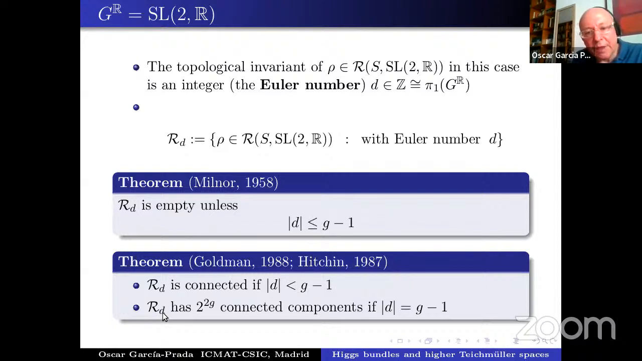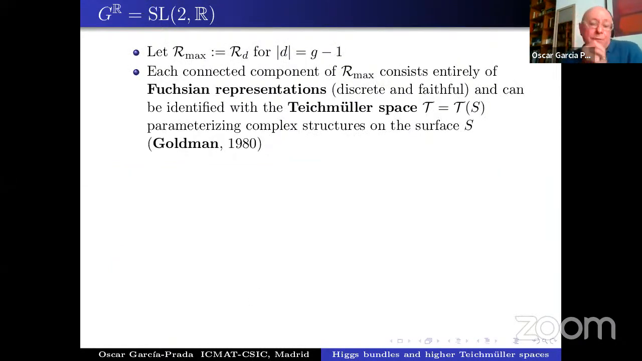And they showed that in fact R_D has 2^(2g) connected components if the Euler number is, in absolute value, g-1. So this violates also the injectivity, right? So you can see this phenomenon in SL2R, but more relevant, equally relevant to this talk,